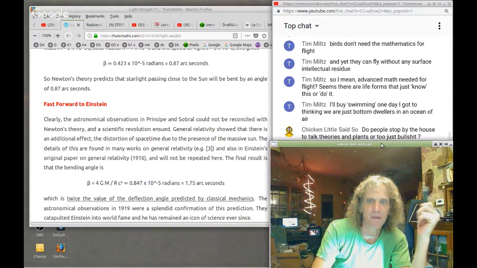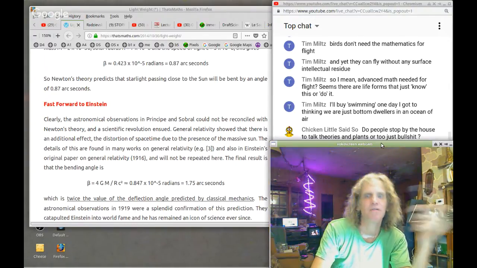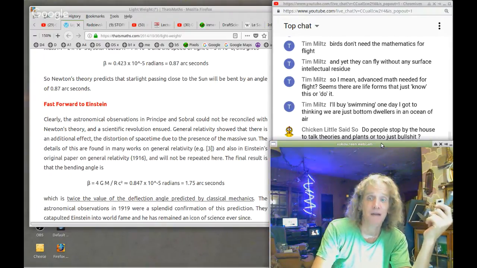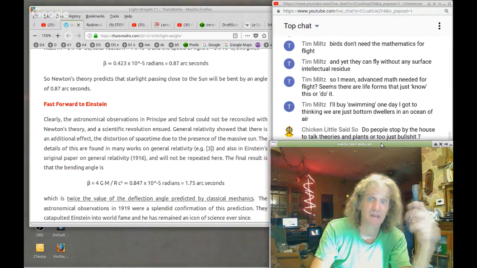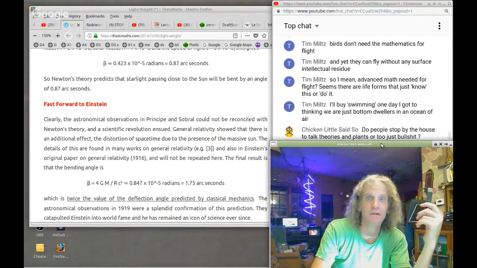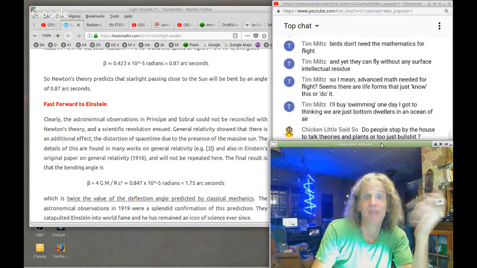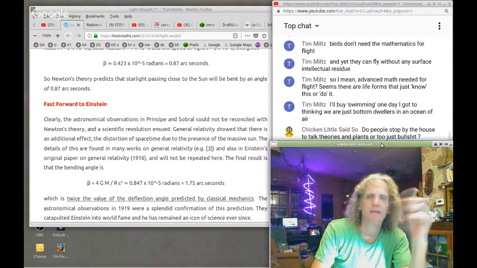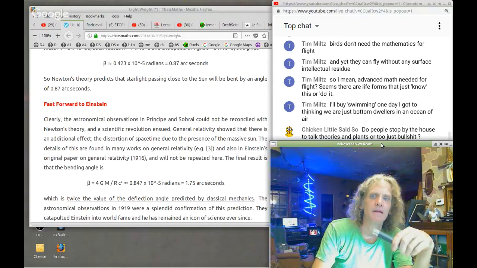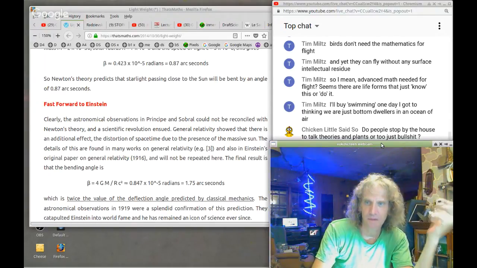Well, you have to understand, though, there's no plankton in the ocean of air. So it's a sterile air. The air is so sterile that there's no reason not to be a bottom feeder because there's nothing to feed on in the ocean of the air, except for birds and bats. Oh, there are other flying bugs, but there's not a high enough density of food up there.